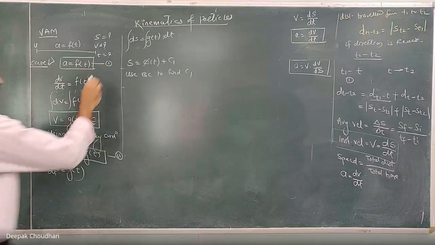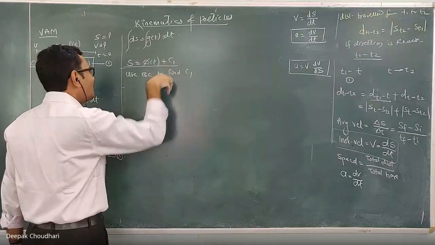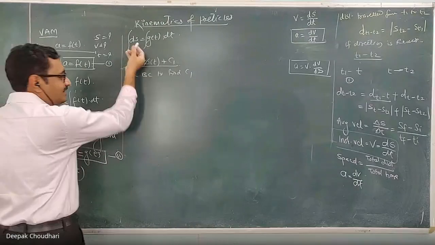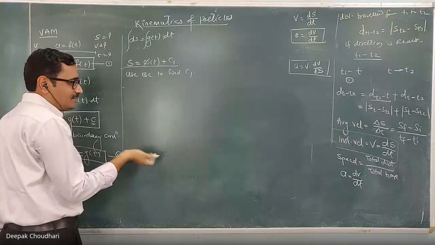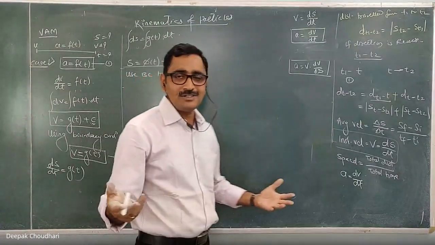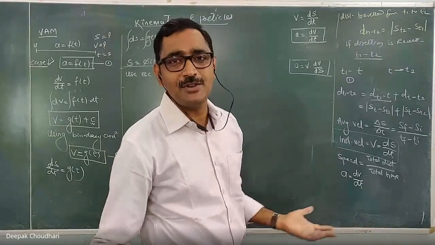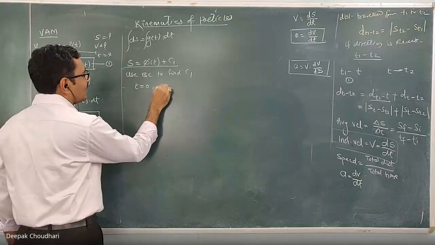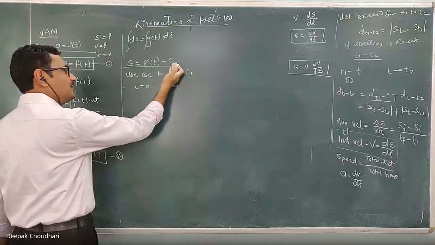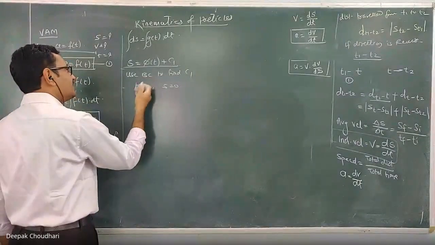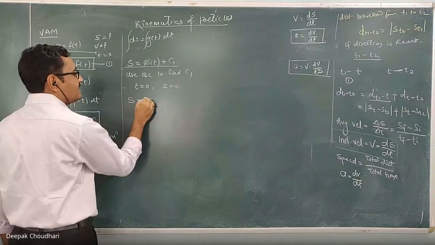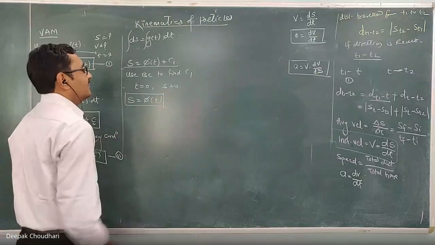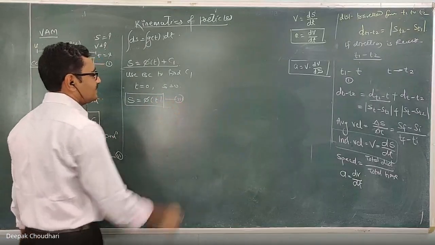Now here the equation is in terms of s and t, so the boundary condition should also be in terms of s and t. If boundary conditions are not given, you can assume that the particle starts from the origin, or from where it starts, that point itself you can consider as the origin. So consider the boundary condition at t equal to 0, s equal to 0. Substituting that in the equation, you will get the value of c1, and the general equation can be written as s equal to phi of t. Let c1 also be equal to 0.